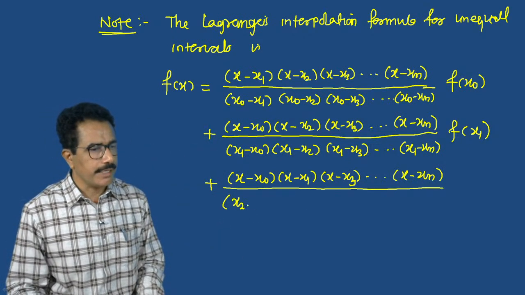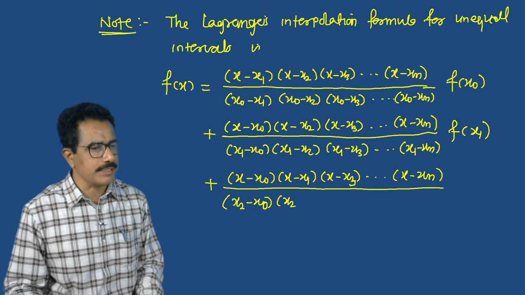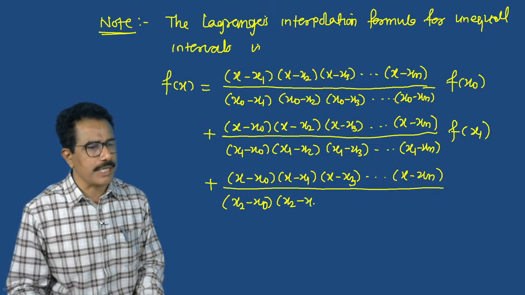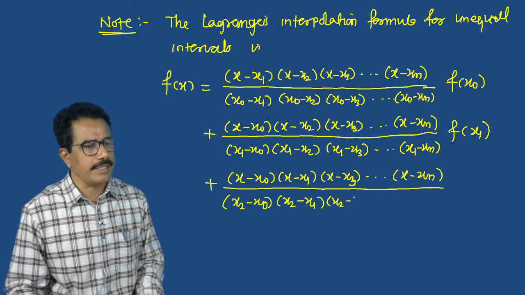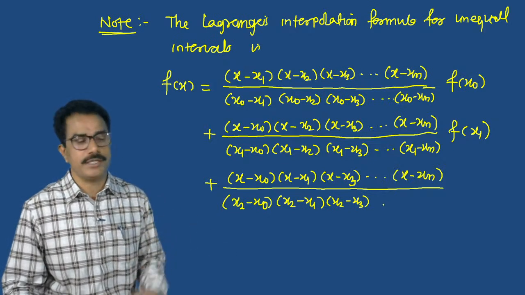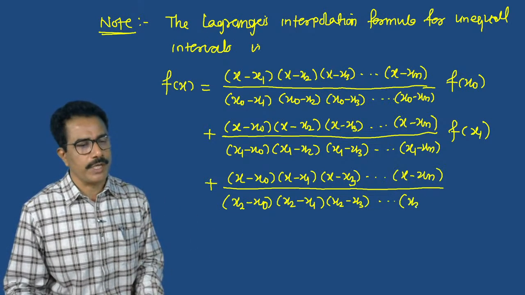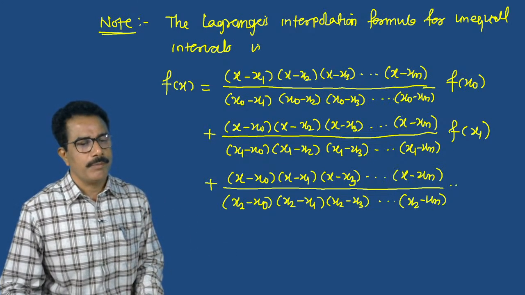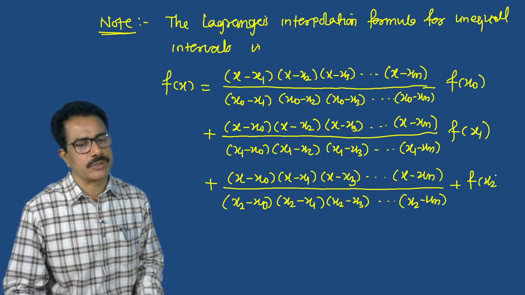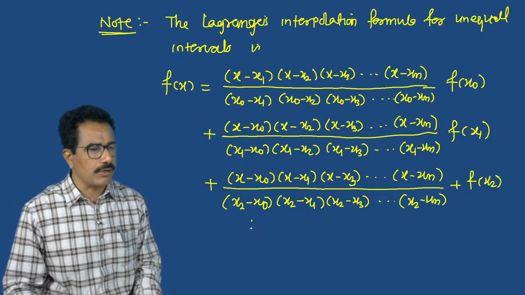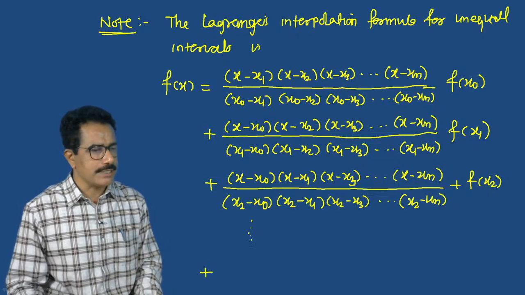So x2 minus x0 x2 minus x1 x2 minus x3, x2 minus x2 नसेल, that is up to x2 minus xn, plus f of x2. In this way dot dot dot plus